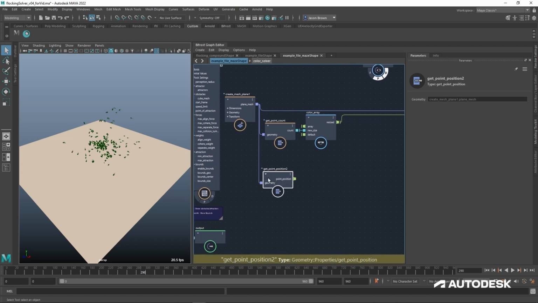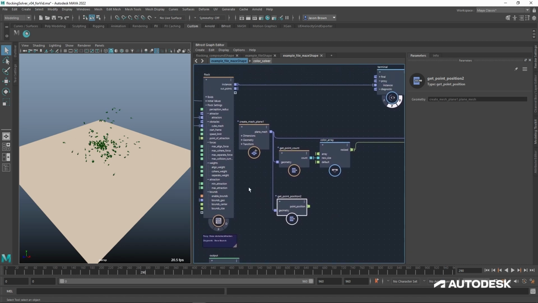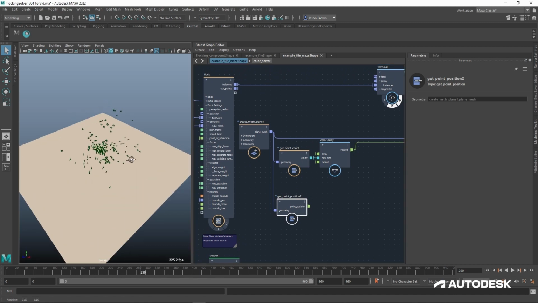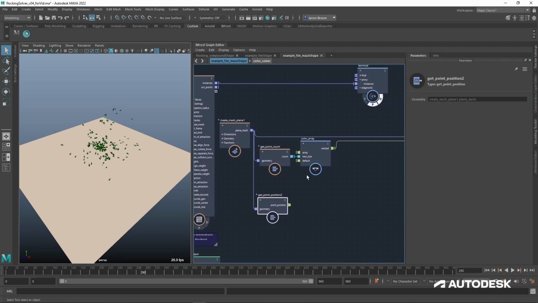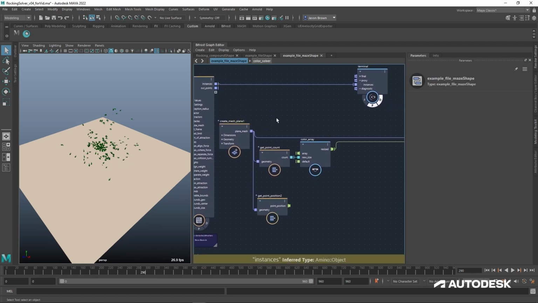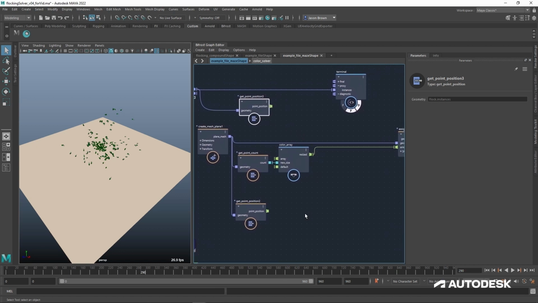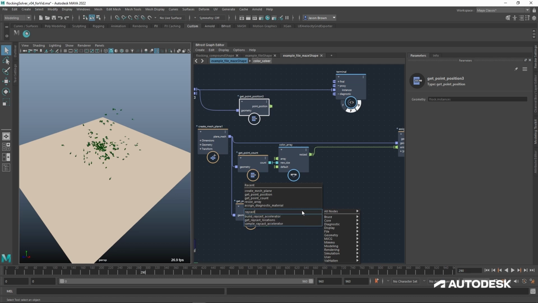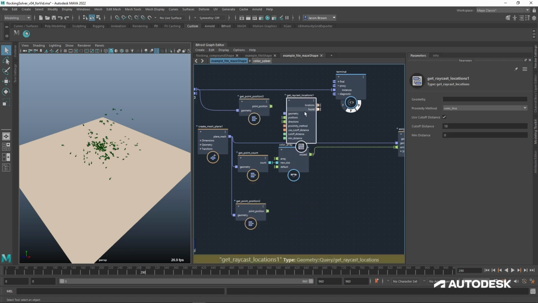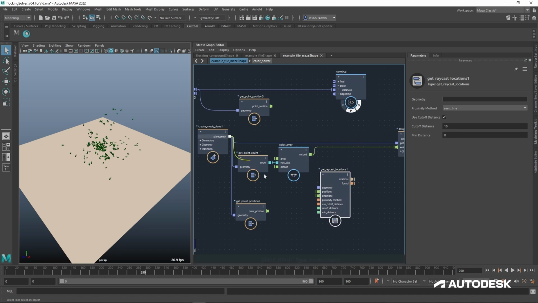So the next thing we're going to need to do is we're going to need to raycast the position of the Boids onto the plane so that we know whereabouts on the plane the Boids are above. So I can get the point position, I'll get another point position here. Let's get the point position of the Boids like this, which is great. I'm going to do a raycast with my Y, get raycast locations. I'm going to get the locations on this mesh, and we're going to get them at these positions. And now we just need